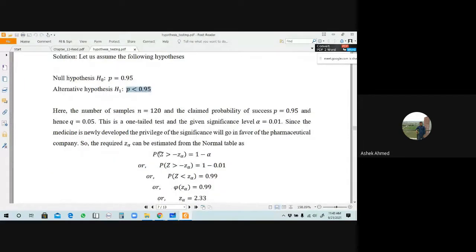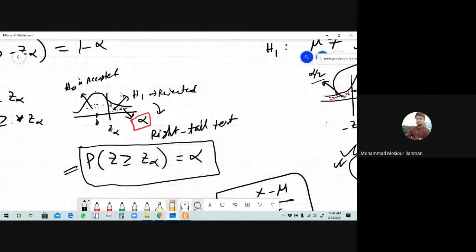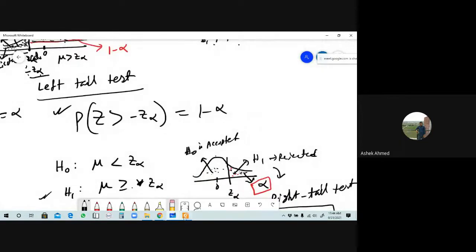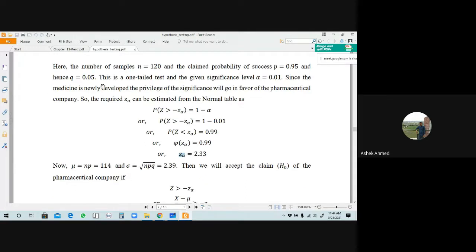From the left tail test we know we have to determine the value of z sub alpha. Do you remember the formula? I have already discussed this formula. We have to apply this formula, and from here determine the value of z sub alpha. How is z sub alpha found? I have already discussed this type of problem with the normal distribution. Apply that concept to find the value of z sub alpha. There is a success and failure concept, so you can apply the binomial distribution by using mean and standard deviation here. You can find the standard deviation this way.